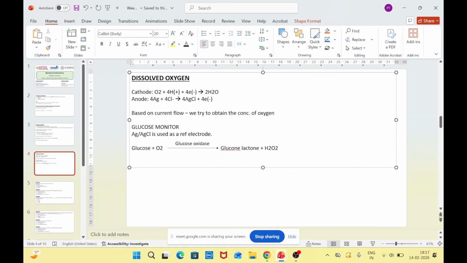The device monitors the electric current, and the flow of that electric current is proportional to the concentration of the H2O2, which is directly proportional to the concentration of the glucose in the blood. Now the question is, how are this current flow and the concentration of the H2O2 related? For that the reaction is,